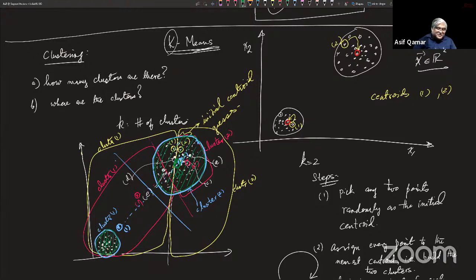Or actually, more precisely, what it does is it also divides the empty space. So I join these 2 lines between the 2. I will have a perpendicular bisector. So you would say that everything on this side, even though there are no points, logically speaking, we are doing something like this. We are dividing the space into 2 parts. One belongs to cows and one belongs to ducks. Right. That is why these algorithms are also called space partitioning